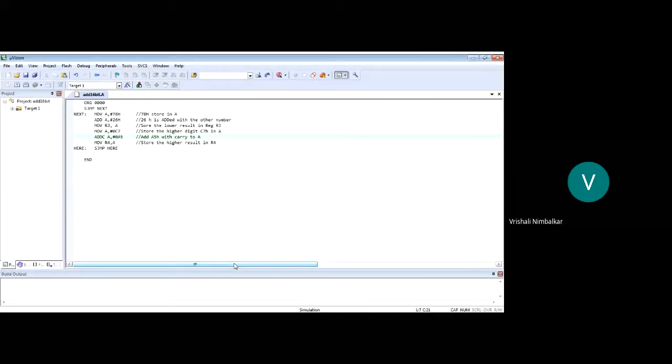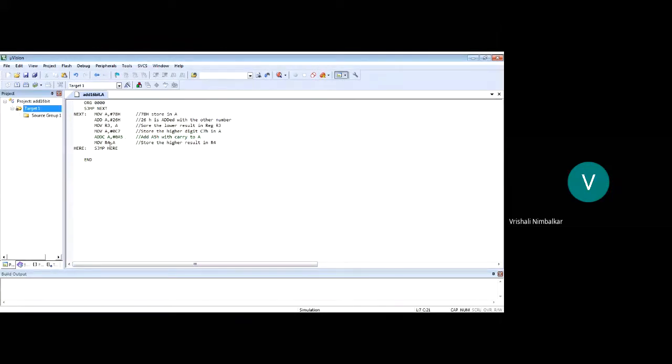Even till date, real-time programs, real-time meaning at a fixed interval some event should happen, as I said, a rocket launcher. The countdown ends and the rocket should get launched. There should not be even a 1 second delay. Such time-critical applications are still written in assembly language because we have very strong control over the hardware. That does not happen with C or any higher level language. The programmer has very strict control over the hardware. Okay, so we saved the program as .a.